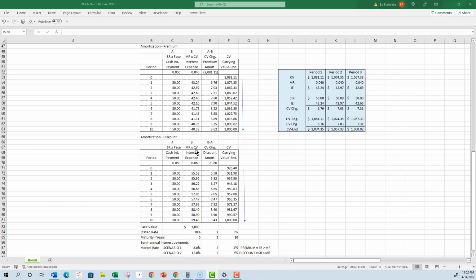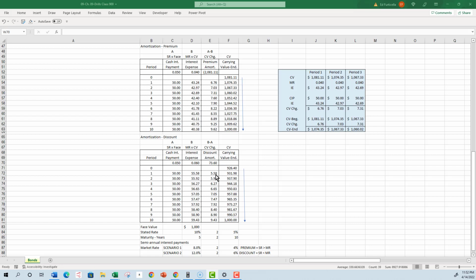The difference between the cash payment and the interest expense is the change in the carrying value, or the discount amount to be amortized. The difference between the two is $5.58. To get the carrying value for the bond at the end of the first period, we take the $926.40 and add the change in the carrying value of $5.58